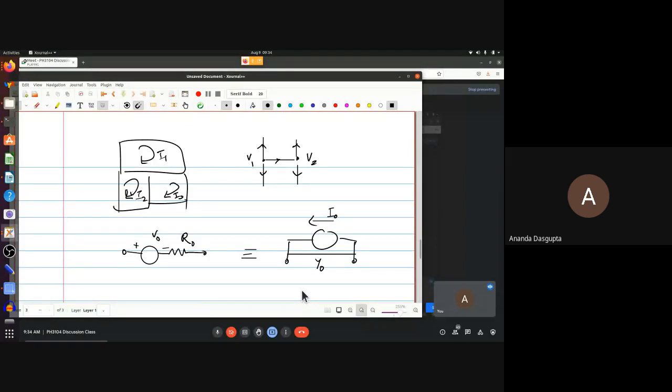Okay? But a real source is not perfect. It cannot deliver the voltage. And when I say real source, I mean this whole thing. That's the real source. Okay. A voltage source always comes with a series resistance simply because no voltage source is perfect. You've already learned about this in your higher secondary days, at least.